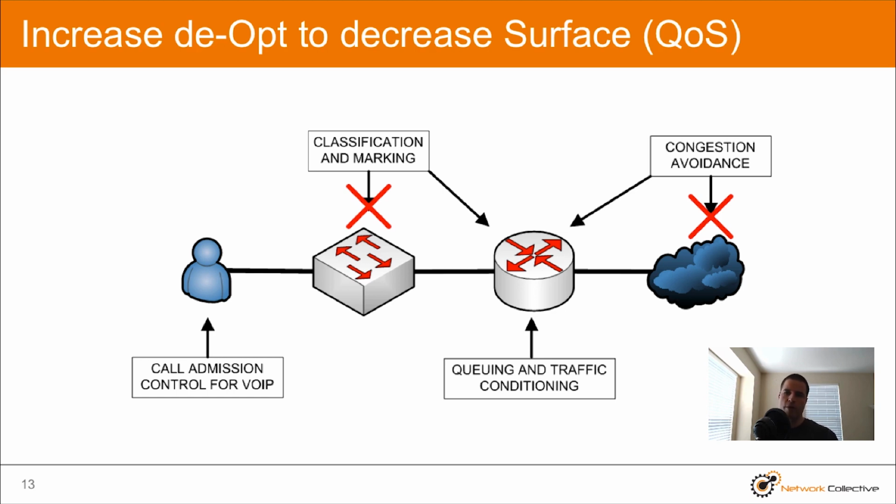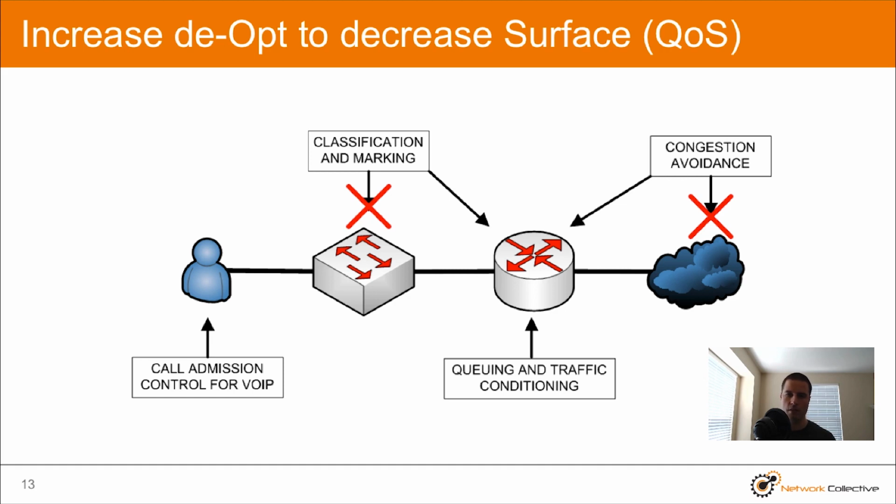But before we did that consolidation, we had this big surface interaction, which I'm going to call more optimal because we're using the hardware-based classification and marking in the switch. And again, doing QoS marking as close to the source as possible is usually desired. So that was a good optimization. And maybe spreading congestion avoidance out into the cloud, there might have been optimizations there if the branch routers didn't have the computing ability to do all those functions at the same time. So maybe we're decreasing optimization, reducing performance by consolidating it on one device, but at the same time, we've deliberately decreased surface interactions.